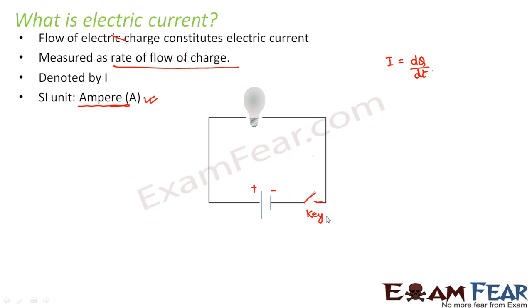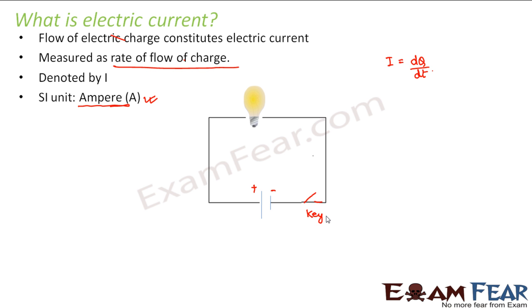Now as soon as the key is pressed, as you just saw, your circuit becomes a closed circuit. So the current flows through the circuit and the bulb glows, right? This is what happens in a basic circuit. You switch on the key. I just told you how we represent a key and how we represent a battery source, so that you don't have issues when you go ahead, because as we go ahead, we will draw more complicated circuits, right?